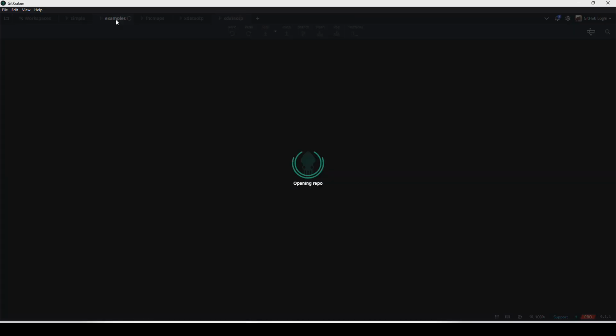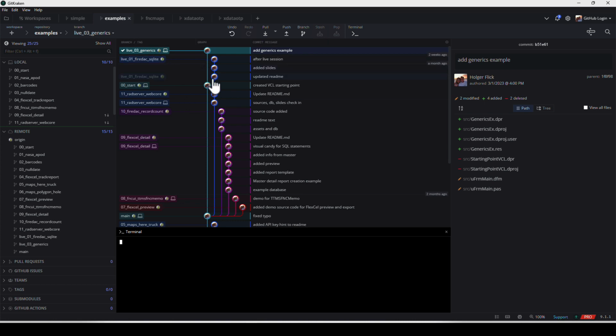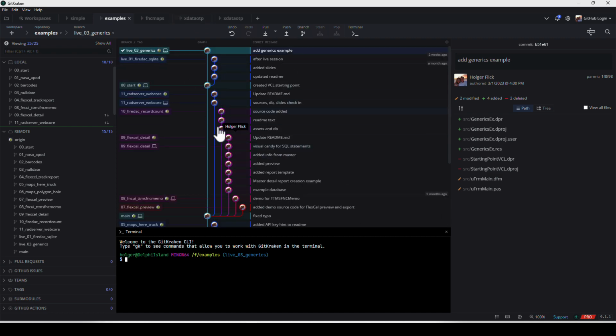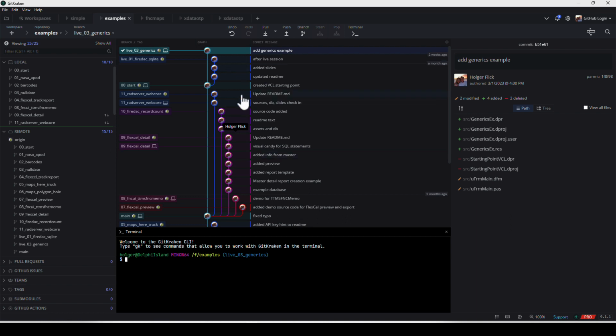I also have all my examples for how it works. And you see that even though I'm just a single guy here developing on my own on this example project, still I merge a lot, as you can see, and I have a lot of remote branches and I have some of them locally. So that is really helping me to work with these things easier than using the command line.